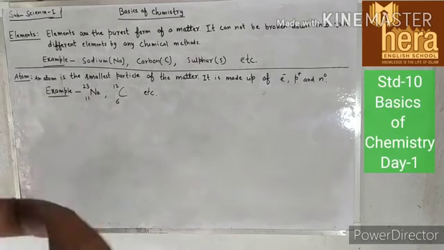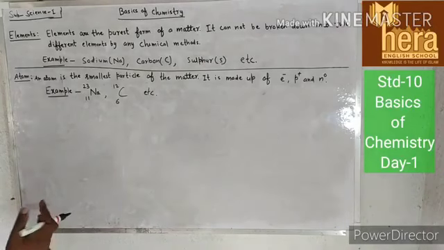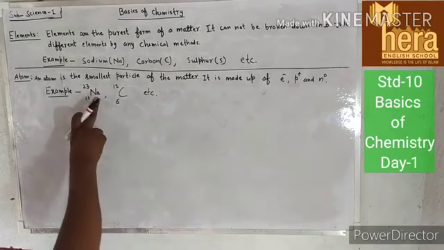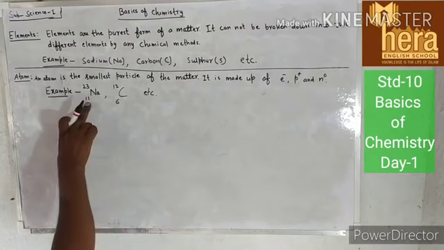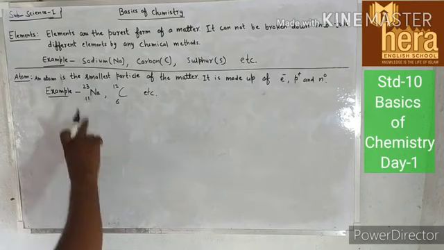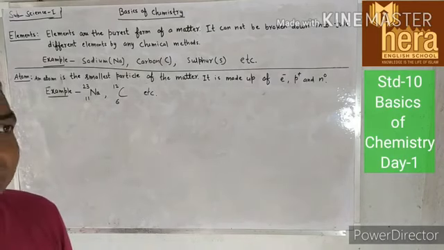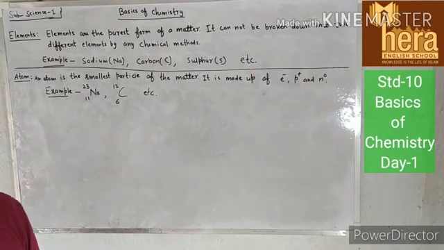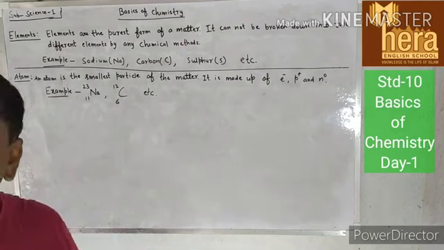So I will explain in detail what is atom or inside the atom. So here I have taken the example of sodium. Sodium have 11 electrons and 11 protons. This indicates atomic number. Atomic number means what? Atomic numbers means number of proton or number of electrons present in the atom is known as atomic number.